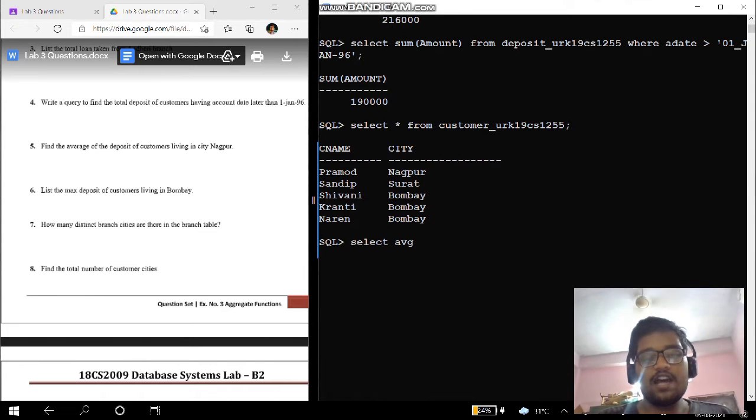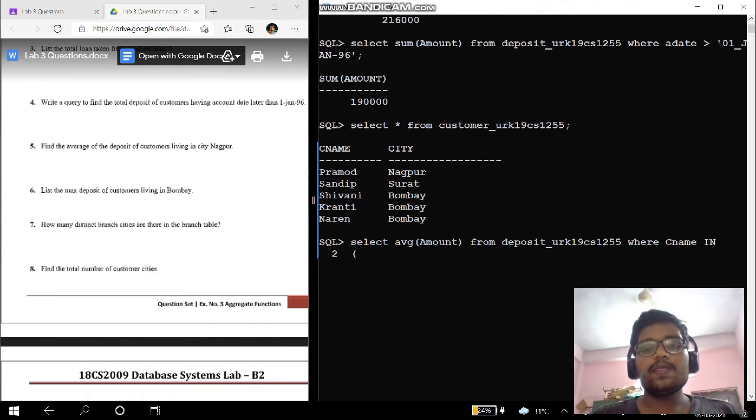Select, we need to use the average aggregate function, average of the amount from the table name, where customer name in, and the subquery should return the customer names that belong to the city Nagpur from the customer table.